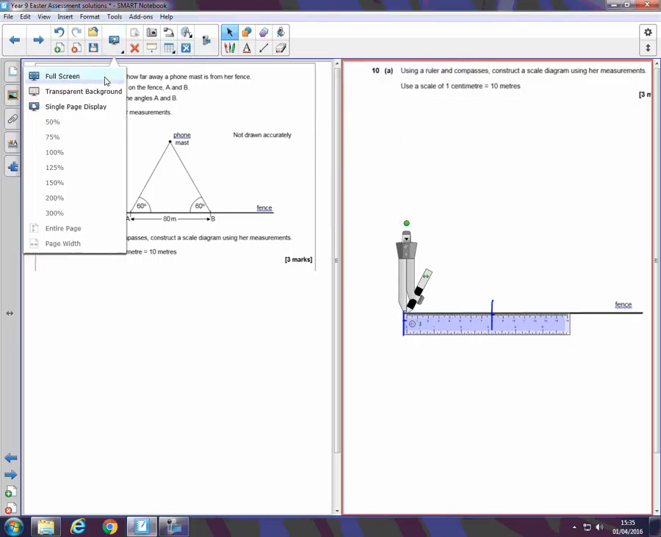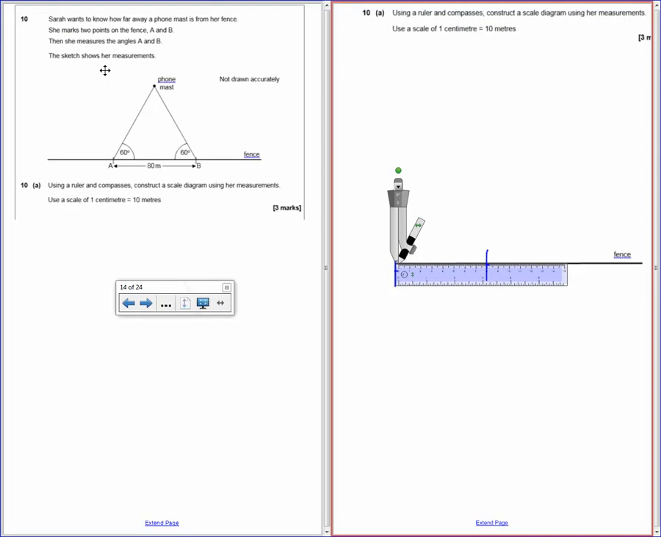Question 10 was a constructions question. It asked you to use compasses, so if you did not use a pair of compasses, you would not have gained all the marks. As you can see, I've already marked 8 centimetres on my line on the fence. Because it's got 60-degree angles, it's an equilateral triangle. So extend the compass to the exact length of the original line on the triangle,